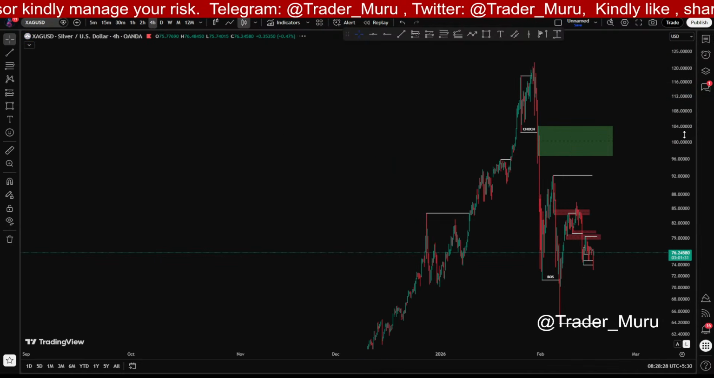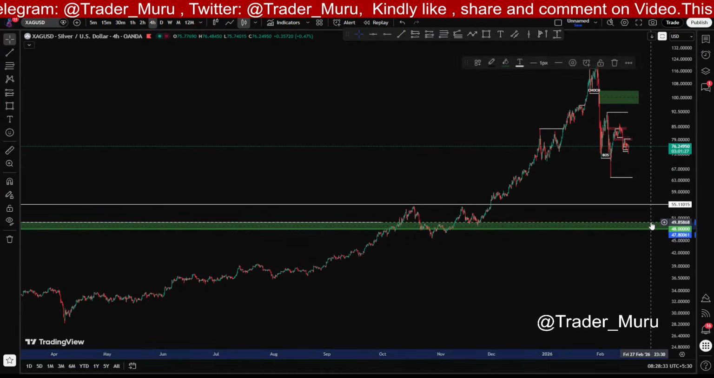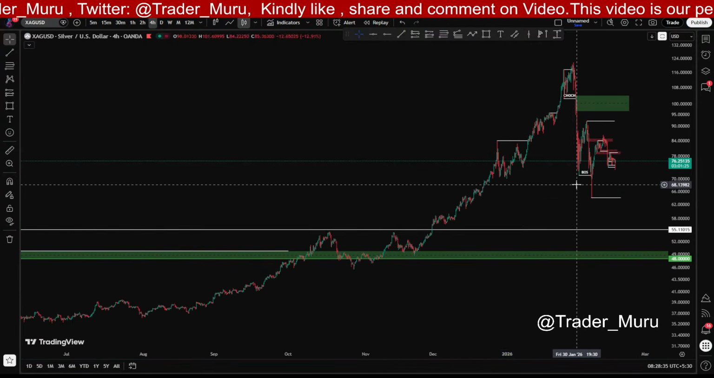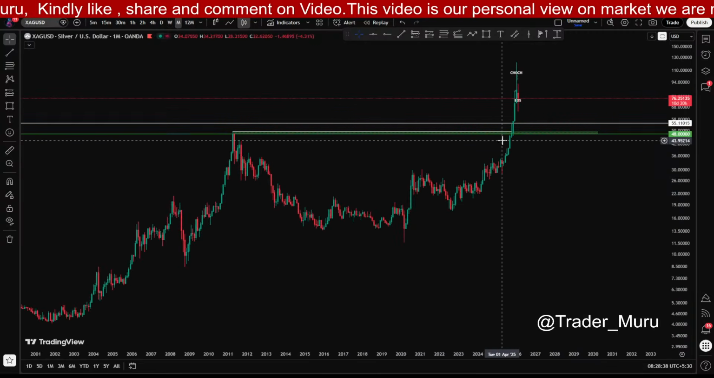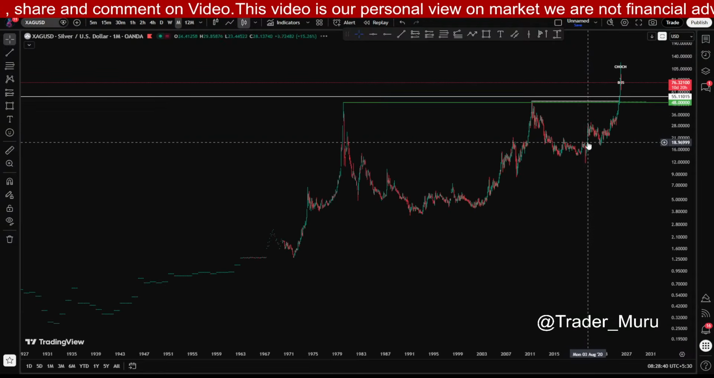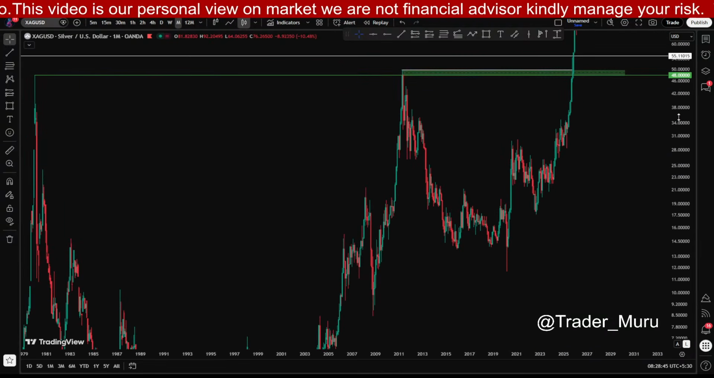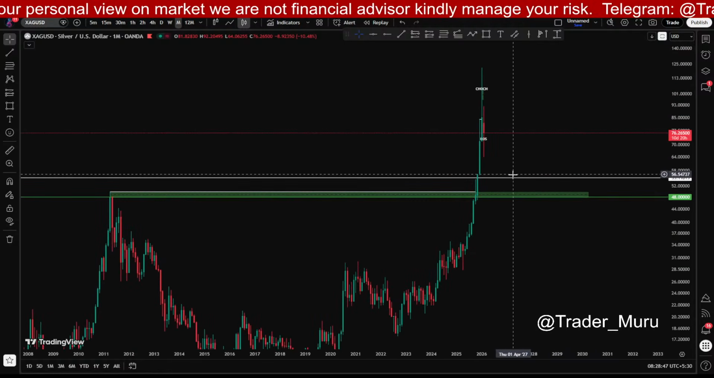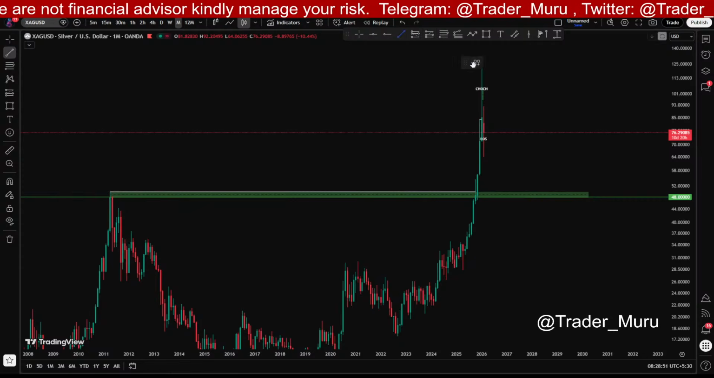For silver, swing long areas are resting at 50 to 48. This is your monthly time frame breakout structure levels, these areas. So if you want to long silver for the swing targets, then you